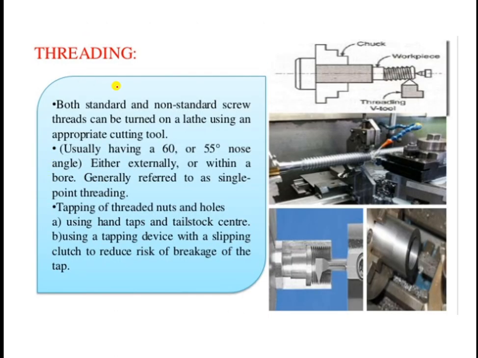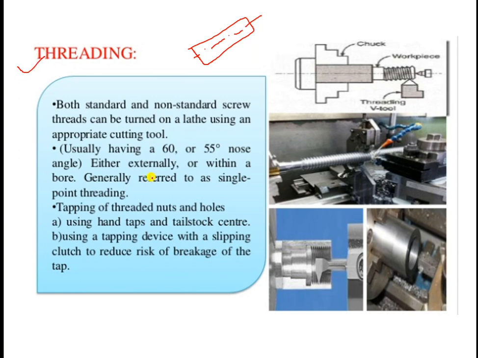Okay, threading. This is a very important operation which will be carried out on any raw material that is in cylindrical form. I'm just showing you the front view of that one. Along this cylindrical surface, if you want to cut a profile having crests and troughs, with depth as well as height, going in spiral form actually, that kind of operation which we generally carry out is known as the threading operation.